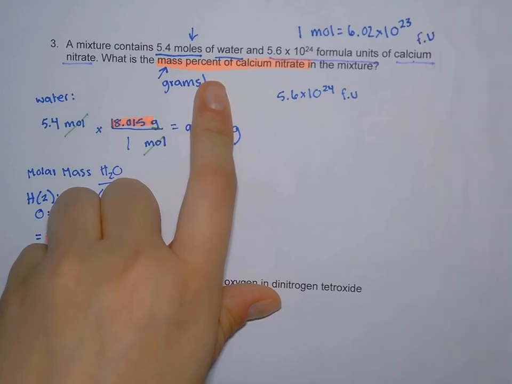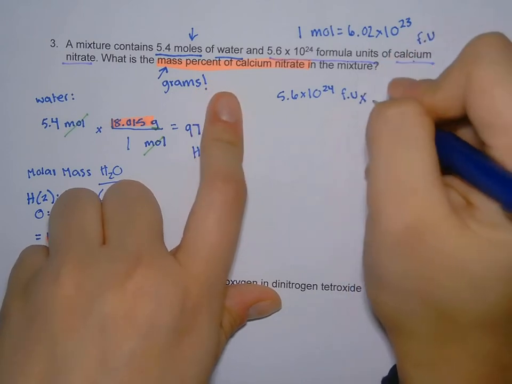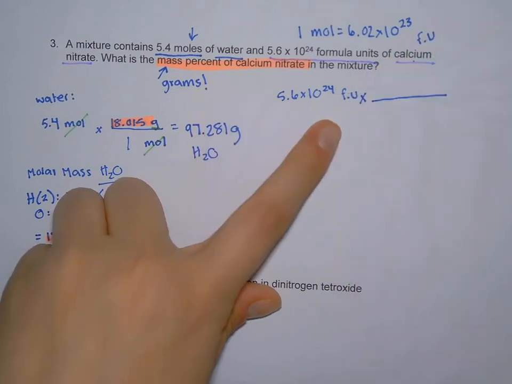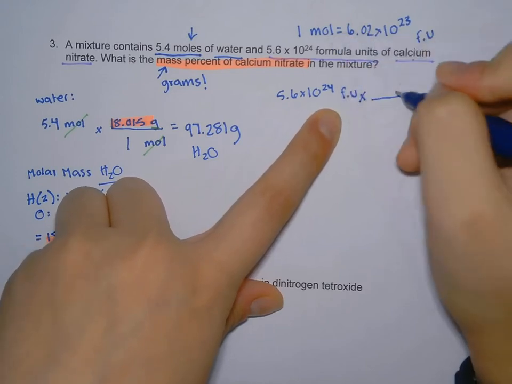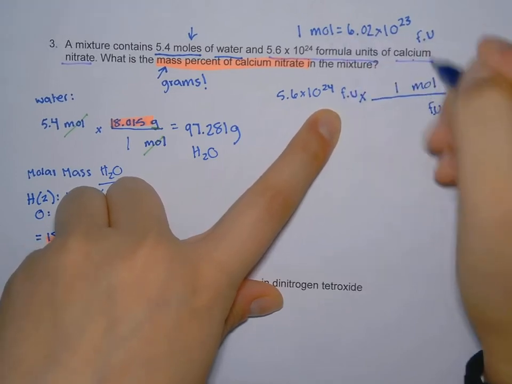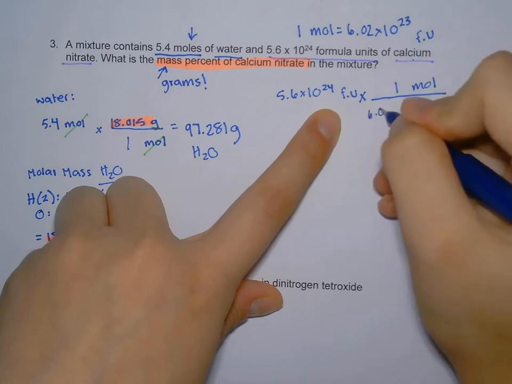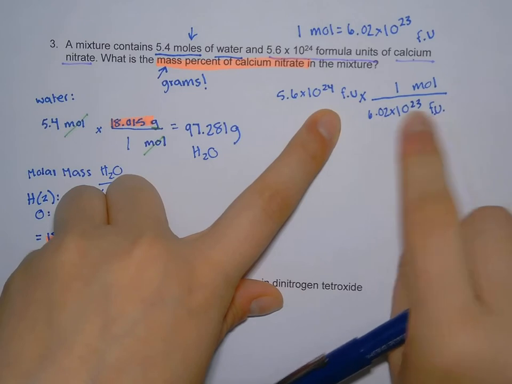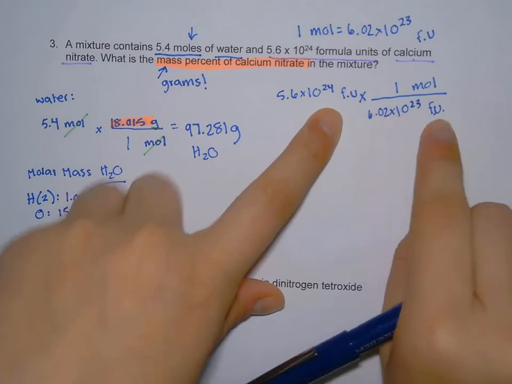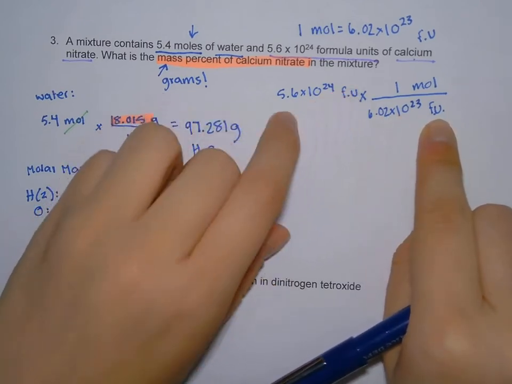In this case, it's formula units. So I can start my dimensional analysis by getting rid of my formula units. I know that 1 mole is equal to 6.02 times 10 to the 23rd formula units. I put formula units at the bottom because I want it to cancel out with the formula units at the